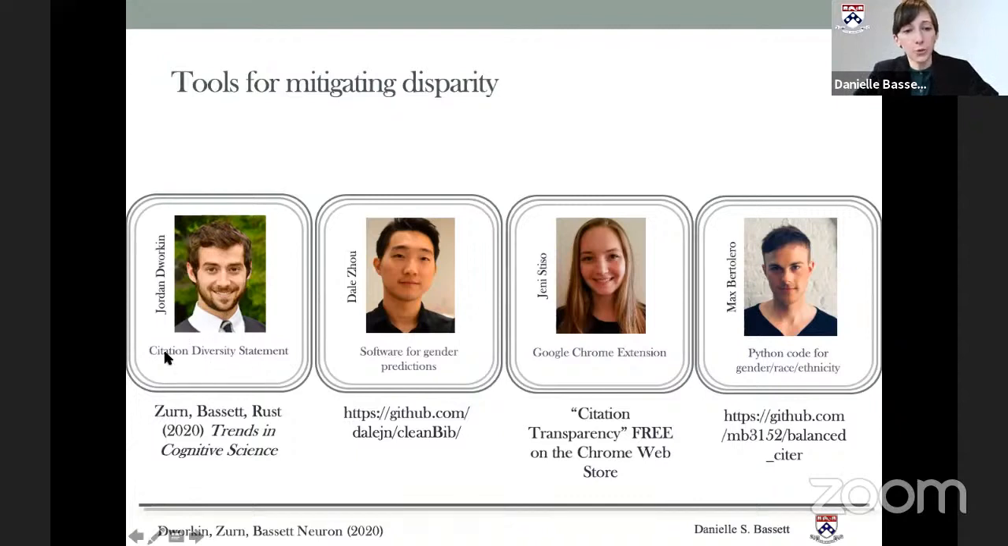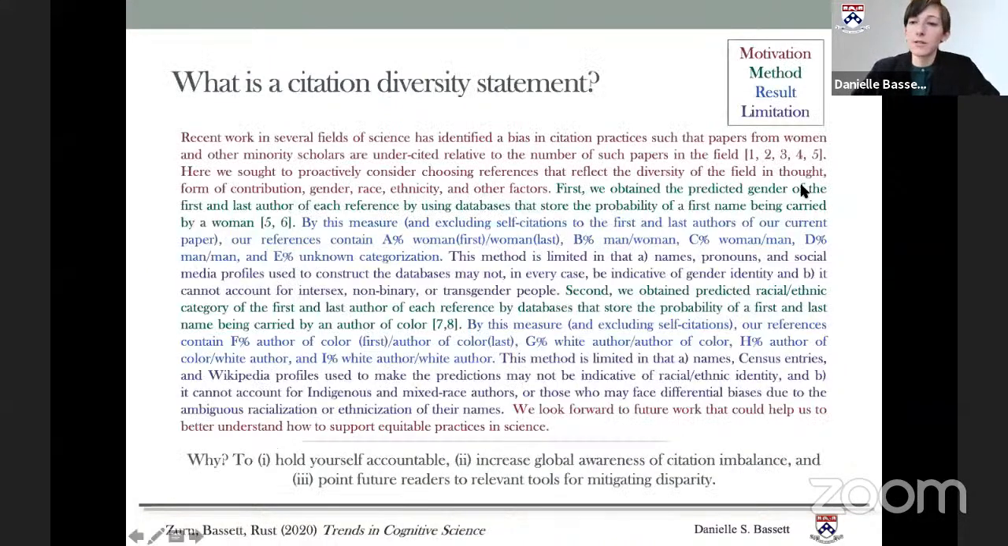The last tool I wanted to mention is the citation diversity statement. And there's an article in Trends in Cognitive Neuroscience where we walk through what a citation diversity statement is. The idea came from Jordan Dworkin and is at the end of his paper. And it looks something like this. So I've color-coded the words so that you can see the statement of motivation, statement of method, statement of results, and statement of limitations. We include this statement at the end of every paper now, right before the reference list,